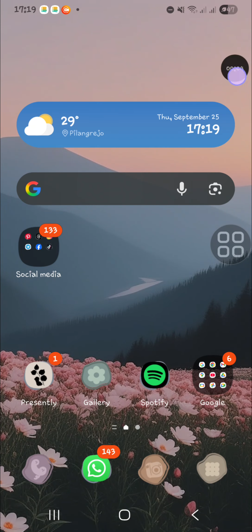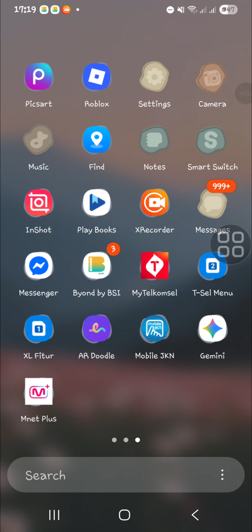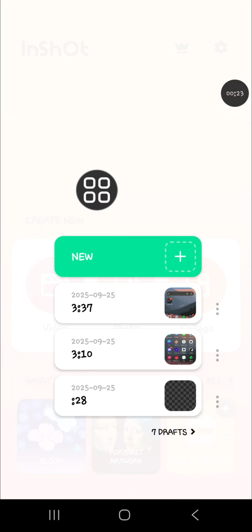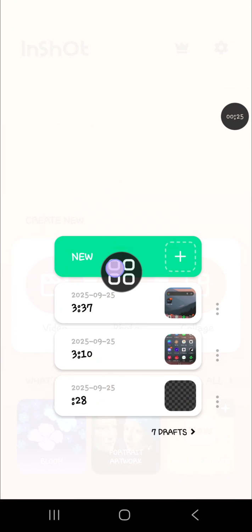In today's video, I'm going to show you how you can create a simple hologram effect using InShot video editor. Okay, first of all, make sure that you have already installed InShot application on your mobile phone, and you can open up the InShot application and create new project, and then you're going to upload your video, so you can